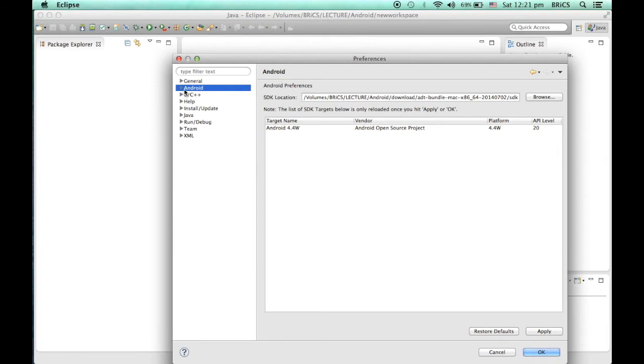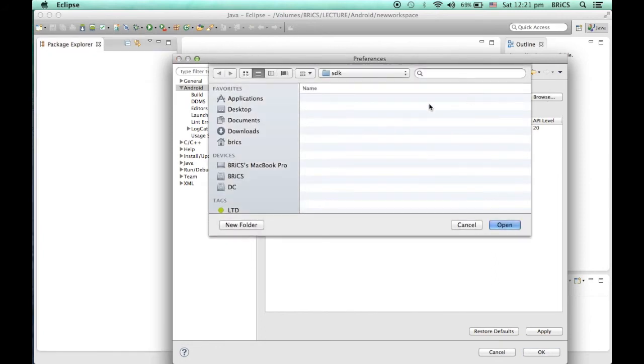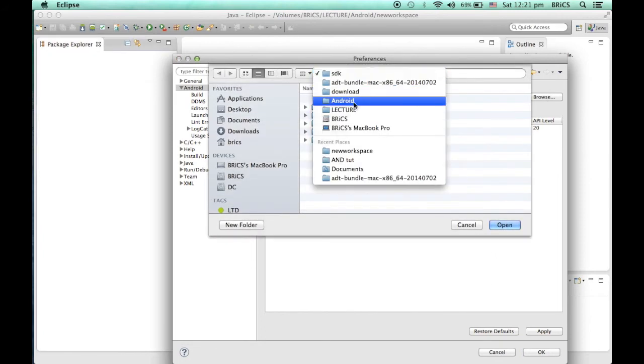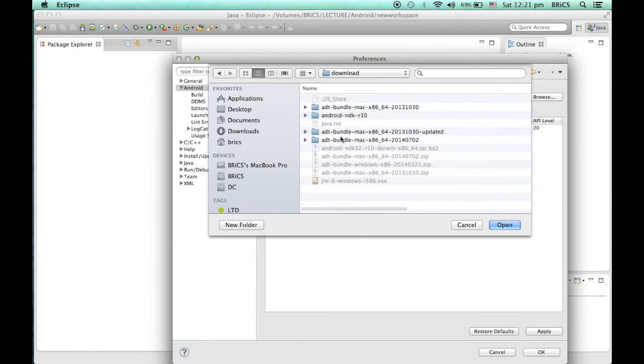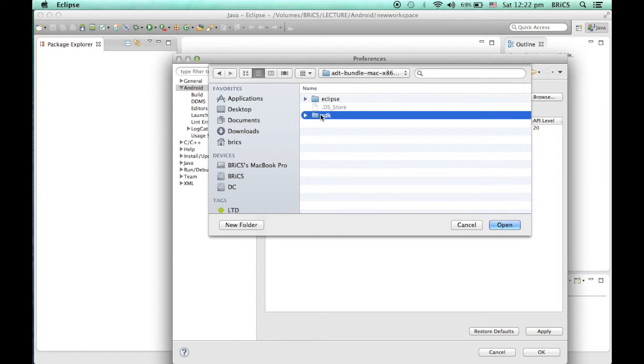When you click on this Android link, even without opening it, it will work. It will ask for the SDK location. It may be possible that it has already searched for the SDK folder and set the path. Otherwise, you need to click on it, go to that folder, the downloaded Mac thing and SDK.